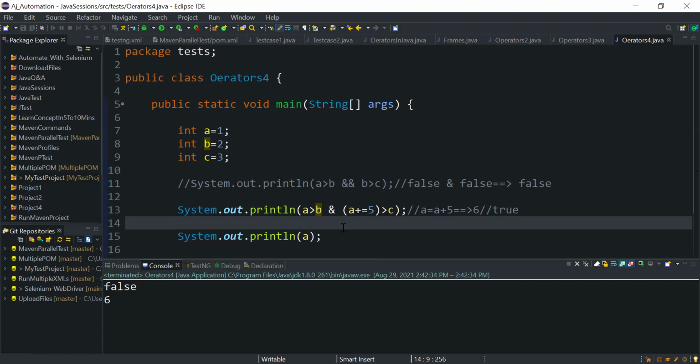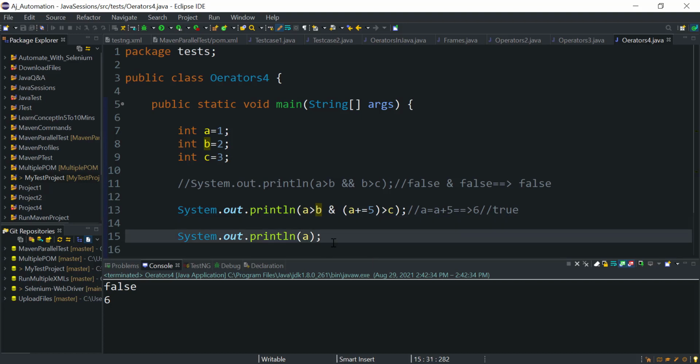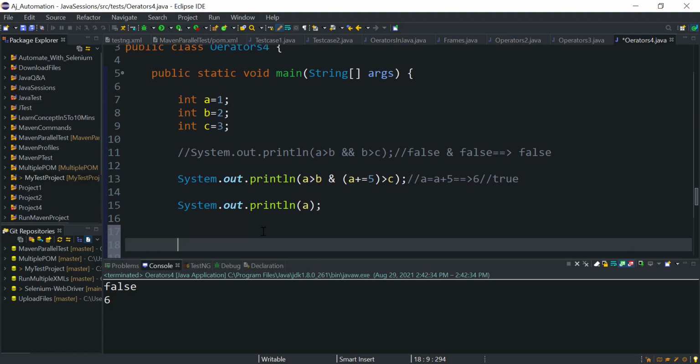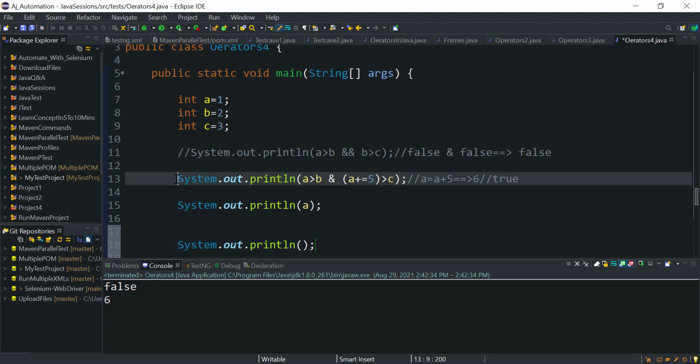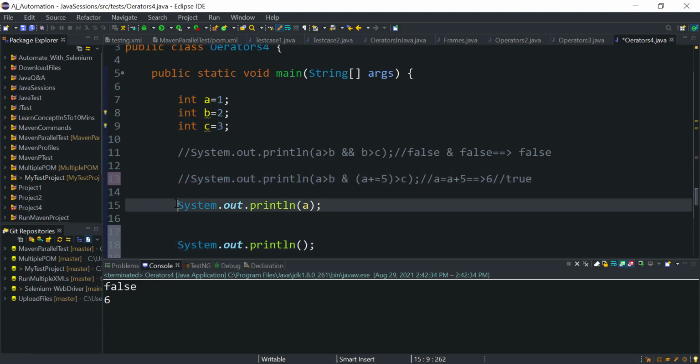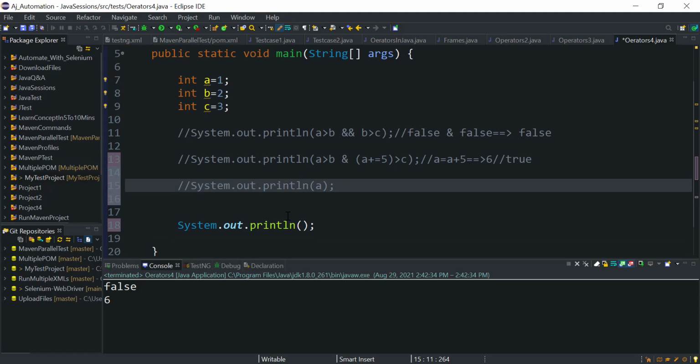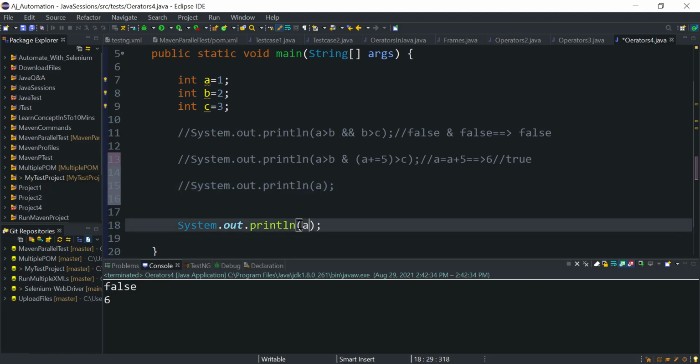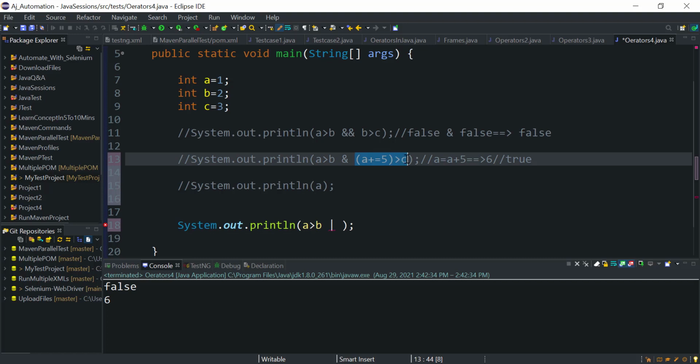So for the same expression, let's take the bitwise OR now. First let me comment this. So A is greater than B, then I will apply a bitwise OR, and the same expression I'm going to use.